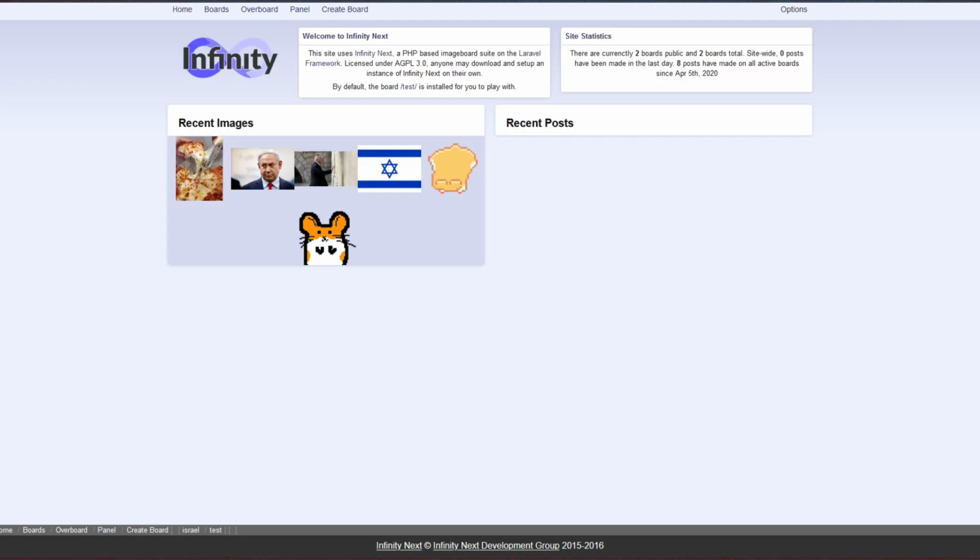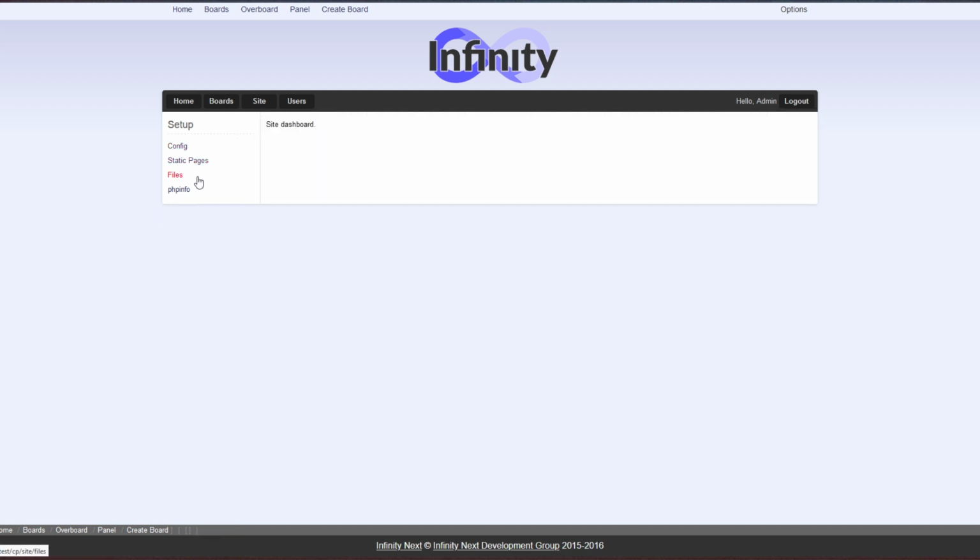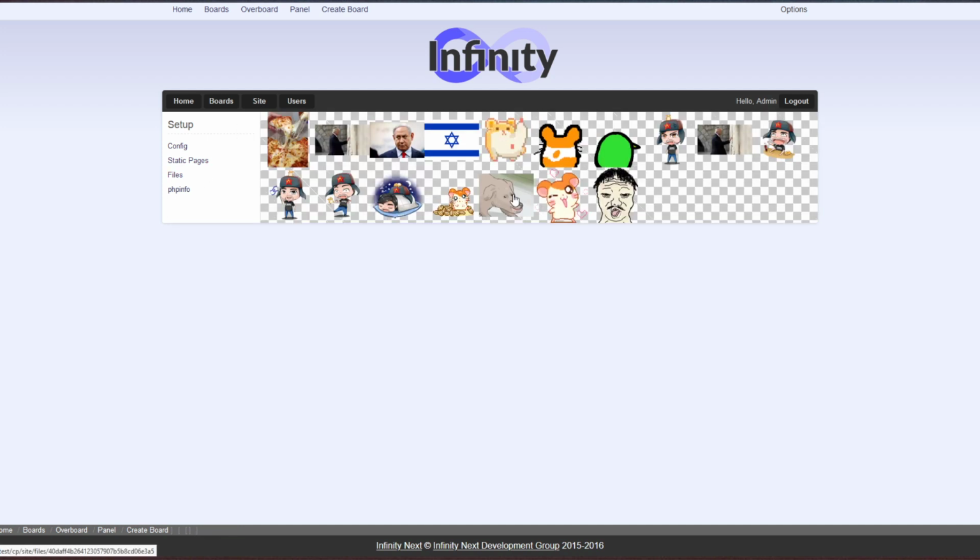The other thing that I've had to do is I've built this entire thing in one day. Go to the site, go to files, and this is admin only, but it bypasses any kind of constraints regarding indexing. So if someone has an unindexed board that doesn't show up on the overboard, that doesn't show up anywhere, the images will still show up in this. So I have a big list of thumbnails, and as you can see, it's all my garbage that I upload. But then I can go to